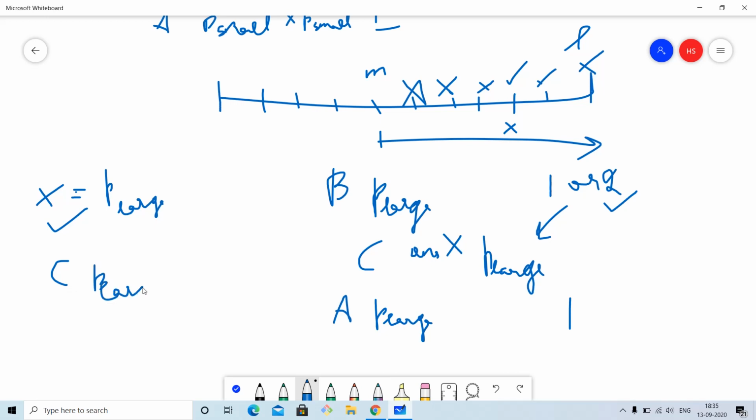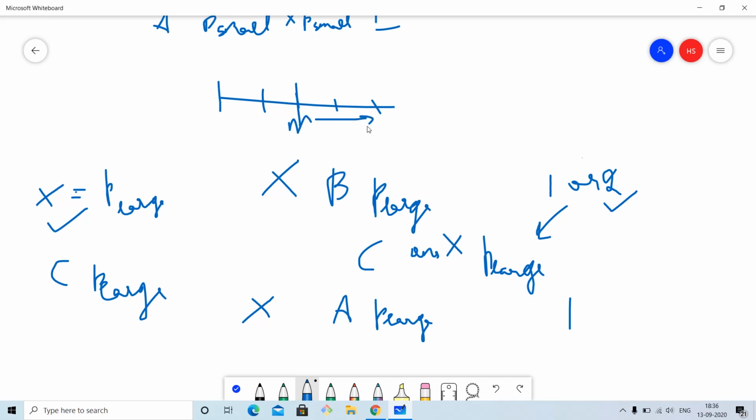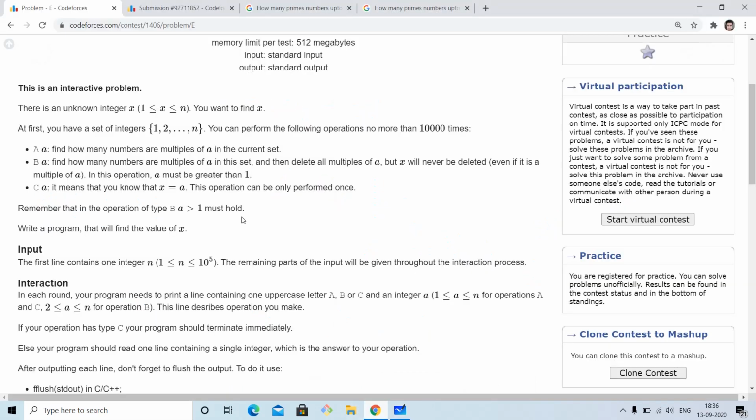And if neither of these happens, if B_large does not become 2 and A_large does not become 1, then we want to shrink our interval to half, and then we're going to process again in a similar way until we find the last prime factor, which can have an exponent of 0 or 1, and then output the result. So in this way our interval gets shrunk, and this will be the middle element, and then we're going to again do all those things to the right, and then we'll again shrink if we don't find anything. So now let us look at the code to understand this a little bit better.